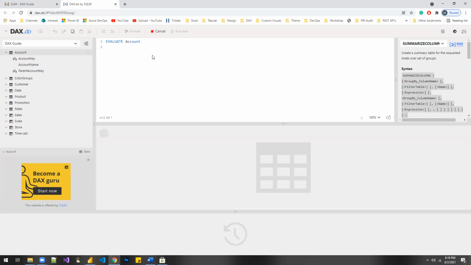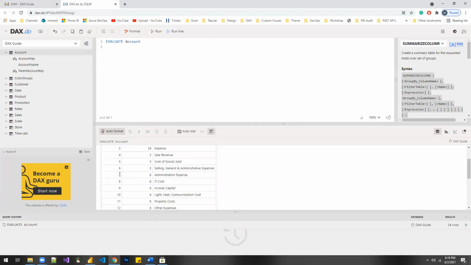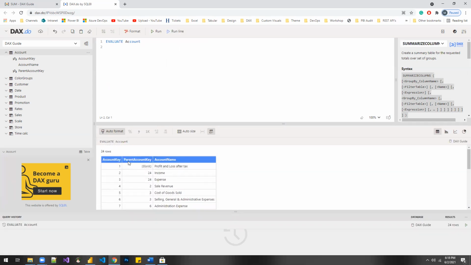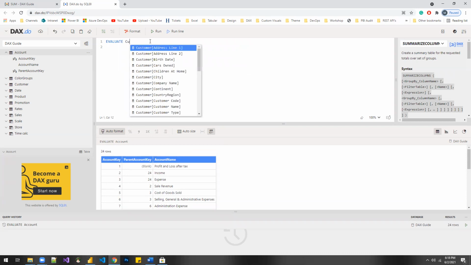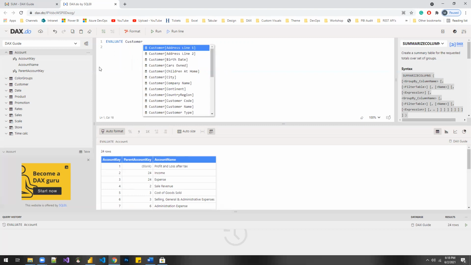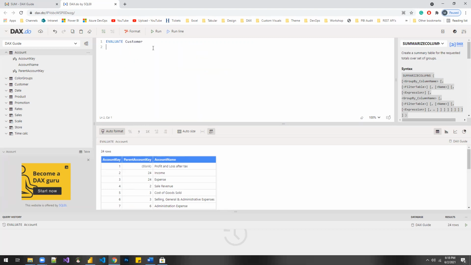And then if I say run here, then you will be able to see how this accounts table is looking like. But let's say if we don't want to go for accounts, but we want to see for customers, when I start typing this, it will give me table name first, followed by the column name. But let's say if we are only interested to see the full table structure, then we say evaluate customer, and